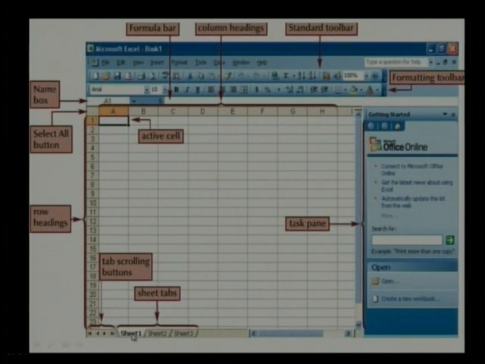Now below these are sheet 1, sheet 2, sheet 3. When we start Excel, we have at least 3 sheets available with us. These are the sheet numbers, and every sheet consists of these features. You can enter data in one sheet, some data in sheet 2, and further perform some arithmetic on the data given in sheet 1 and sheet 2, and we want the result in sheet 3. For example, A1 in sheet 1 and the same cell A1 in sheet 2, if I want to add up these two numbers in sheet 3,